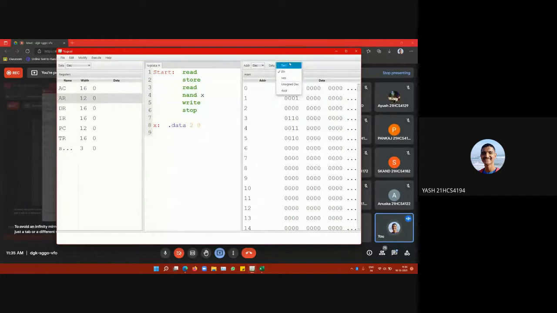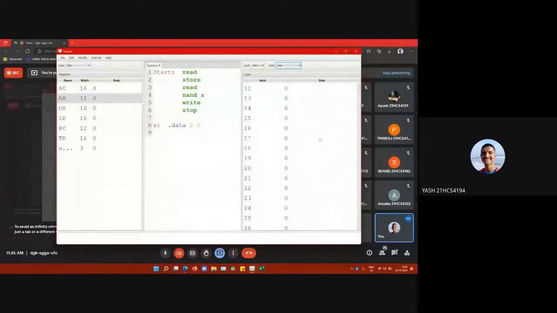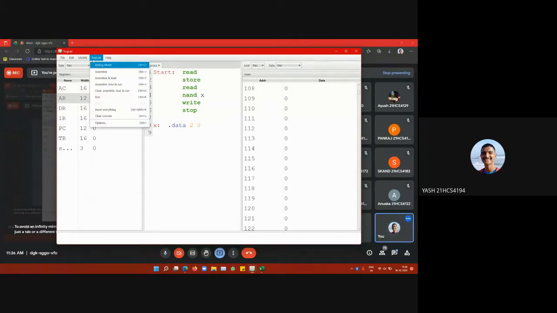If we change it to decimal, this one shows the stop statement, and later on somewhere in the memory, X would be created. I have not stored the value currently. When I store it, then it will be created. So if we define it this way, we have to define a separate variable if we are using and storing in the memory.